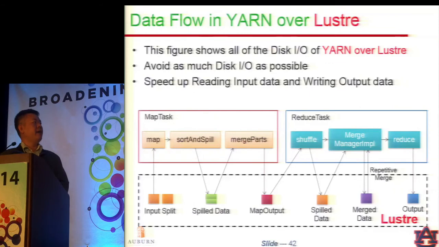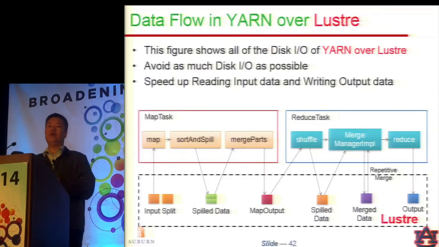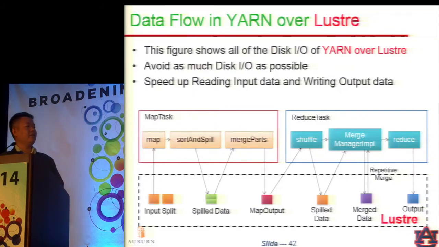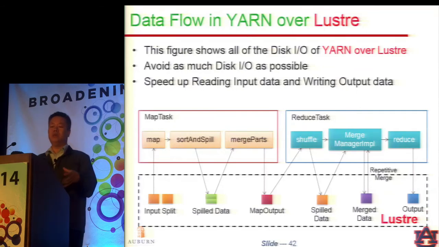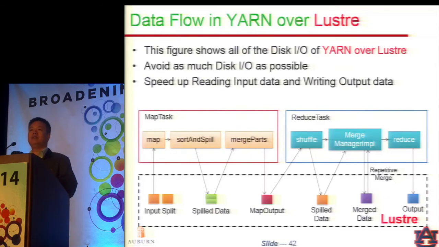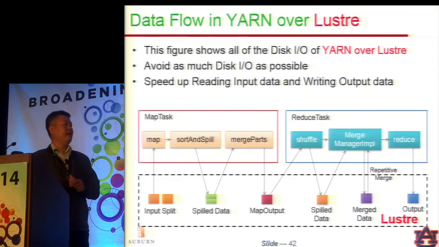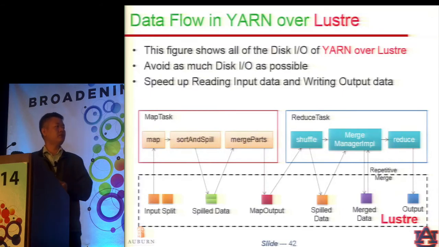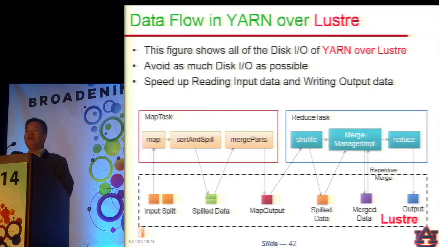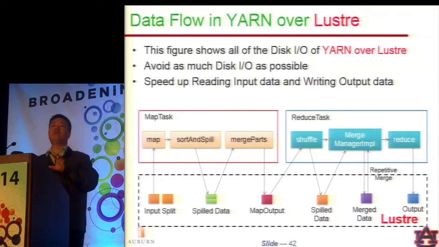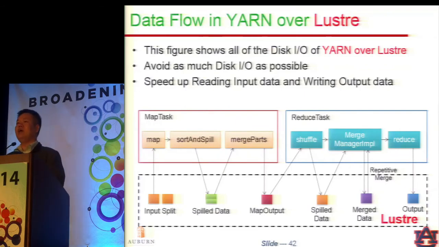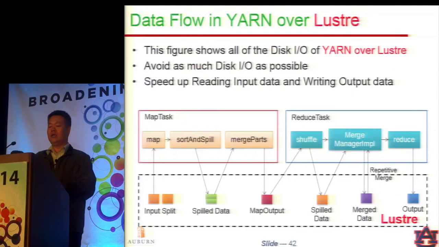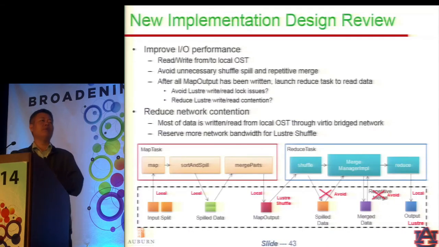So what do we do? This shows the data flow if you don't do any optimization when you run YARN on Lustre. We again read data from Lustre, but by the time the map task generates output, it will spill and merge, and all of that happens within Lustre. When map tasks are done and reduce tasks kick off, they will read map output from Lustre again and spill and merge. Every I/O activity will again happen within Lustre. As you can see, many of these can be repetitive I/O, can be very small segments of I/O, which is not what Lustre is good at. So our point is, how can we make this case better?